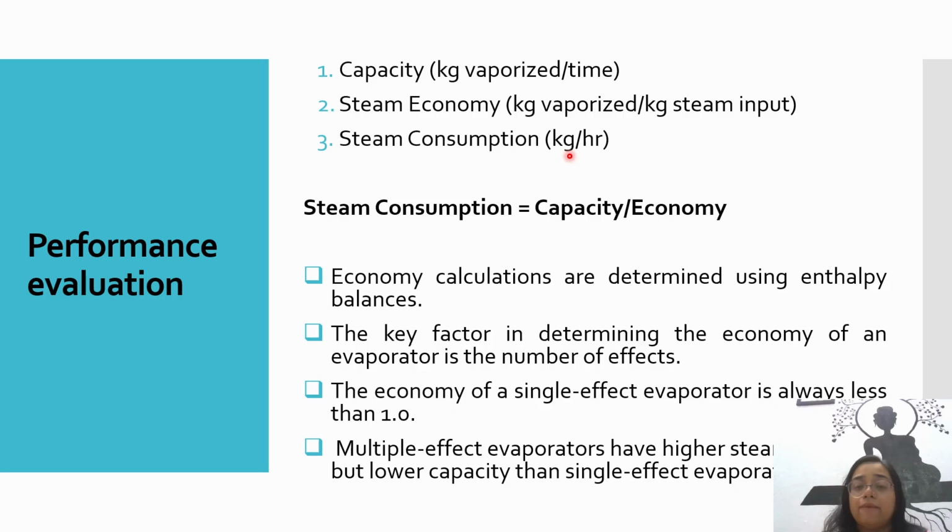So in unit time, how many kg of steam we are consuming in an evaporator has been represented by the parameter steam consumption. Steam consumption is nothing but the ratio of the capacity to the steam economy. Basically, economy calculations are mainly done using the enthalpy balances, and steam economy and capacity of the evaporator are quite important terms for understanding the